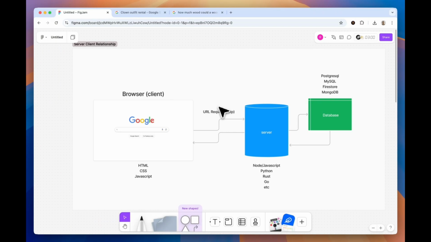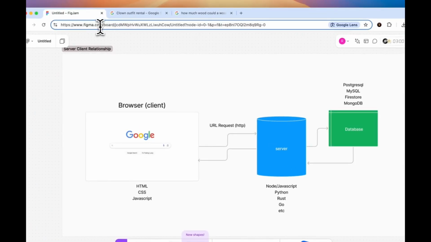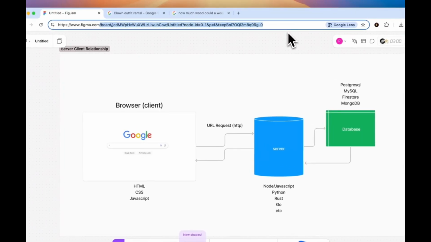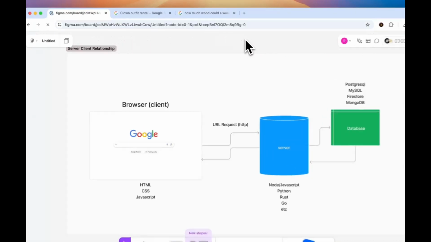Again, I'm not going to go into all the details of what that means, but just think about it like a game of catch, like you're throwing a ball over to the server. And when I typed in google.com, the server knew how to handle that. Oh, okay, Google, I need to show this page. But look at this URL that Figma has. There's all these paths in here. When I hit enter, and this is going to take a second to load,